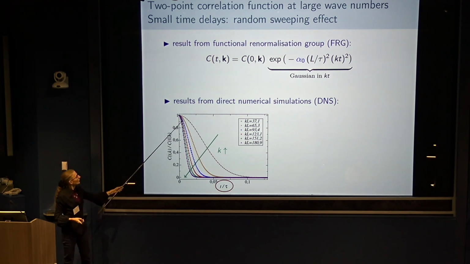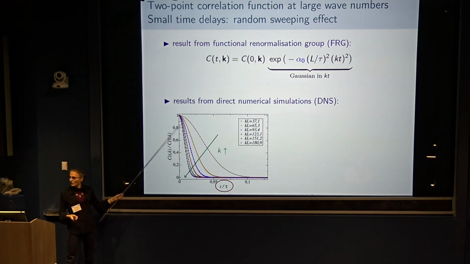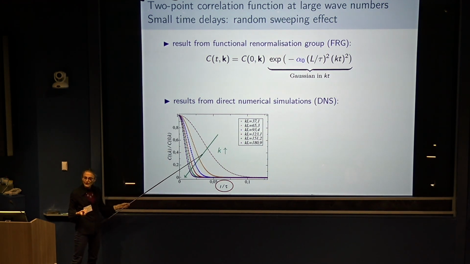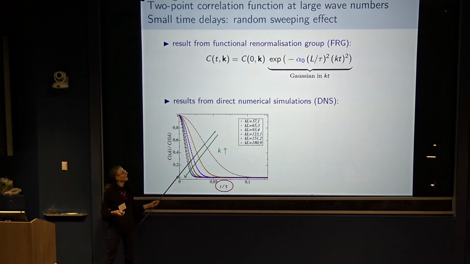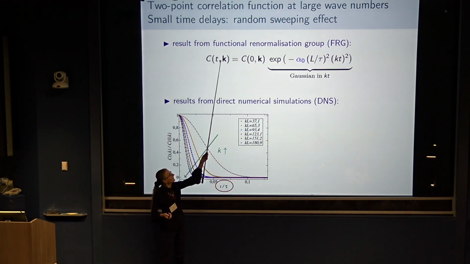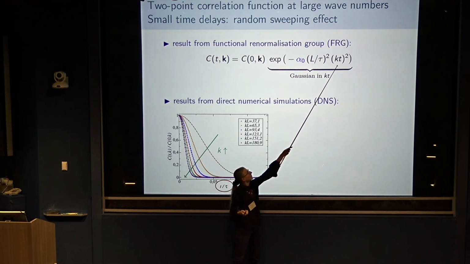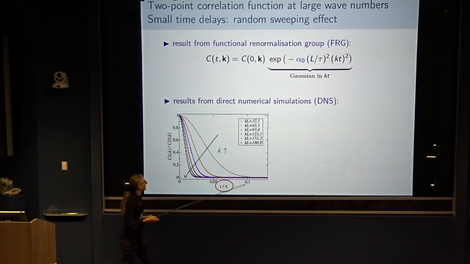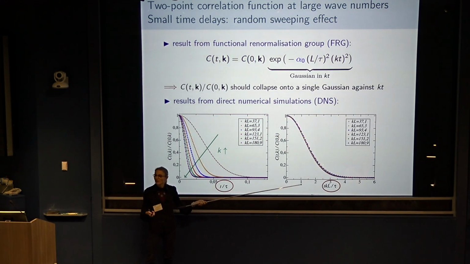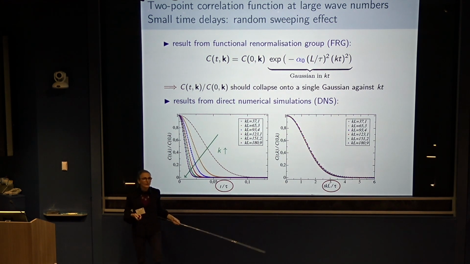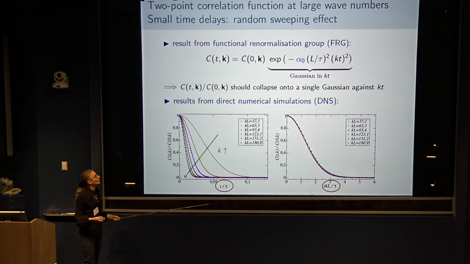And this is the result. So the dots are the numerical points, and the lines are Gaussian fits. So you see that they indeed very well describe the data. And as k increases, it decorrelates faster, as you would expect from that. And another way to illustrate this is that if you divide by this, and if you plot, instead of as a function of t, as a function of the scaling variable kt, everything should collapse onto a single Gaussian. And you see if you go from t to kt, indeed everything collapses, which is a confirmation of this formula. Okay? This is for the two-point function.